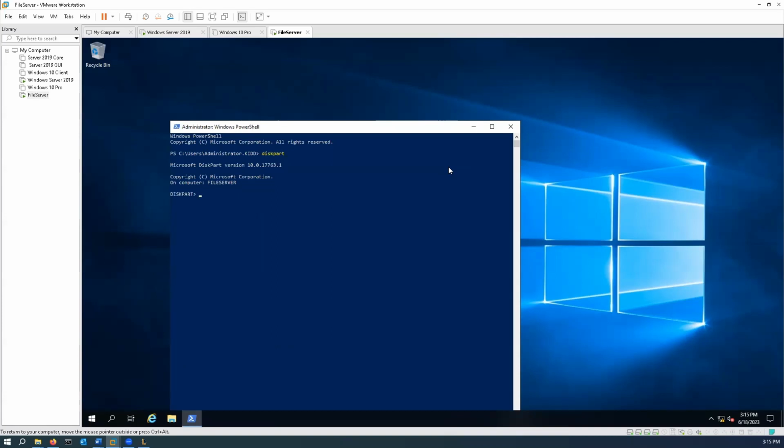And once diskpart opens, we type in list disk. We can see that we have our disk 0, which is 60 gigs with 0 bytes free. We have our disk 1, 2, and 3, which are all 20 gigs, which have their specific amounts free, and they're all set to GPT. We can also do a list volume,